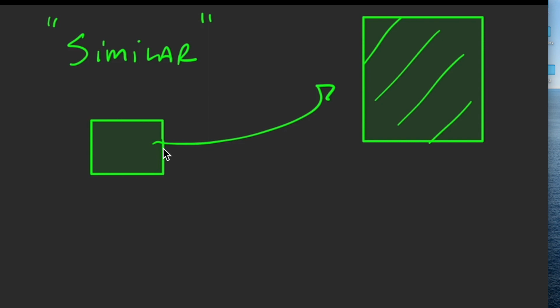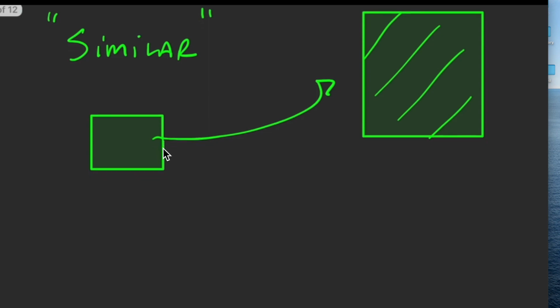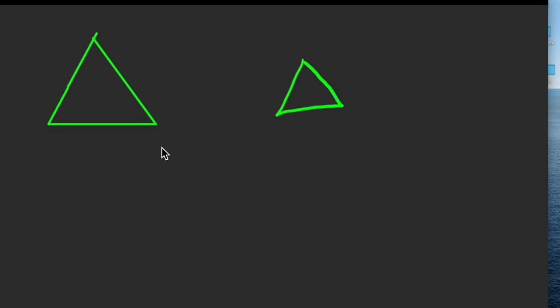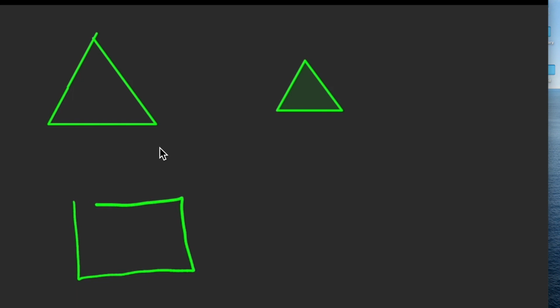So that is one definition of two figures that are similar. It is very important to note, folks, that there's different criteria to determine if two triangular figures are similar versus a quadrilateral. So for example, when you have a quadrilateral,